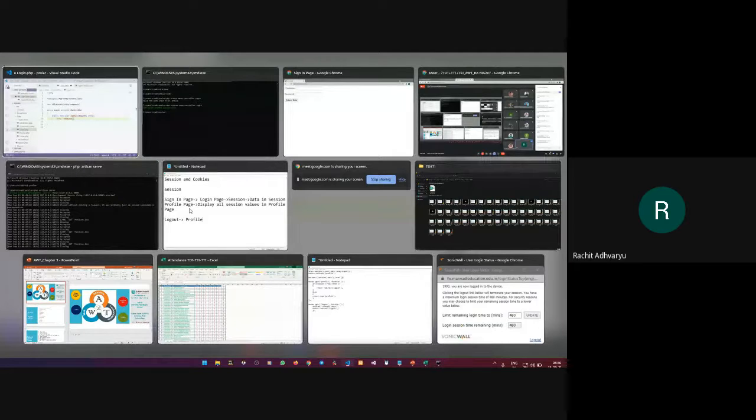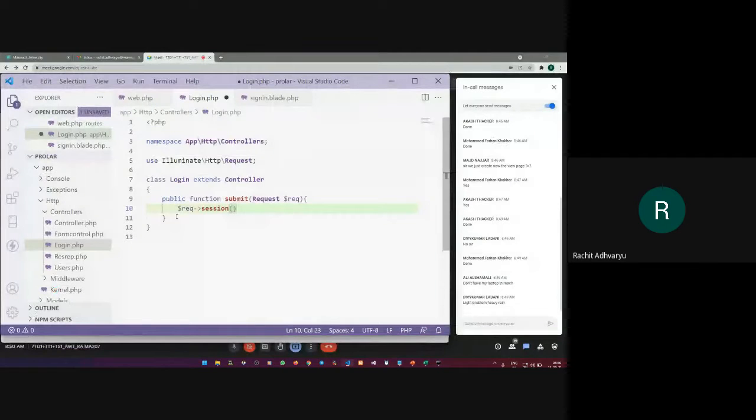What things will I require while creating a session? Anyone? I will require two things. One, the session variable name, and second, the values to be stored in the session. Remember this, guys: whenever we are working with a session, we'll require two things. First, the session variable name, and second, the values to be stored in that particular